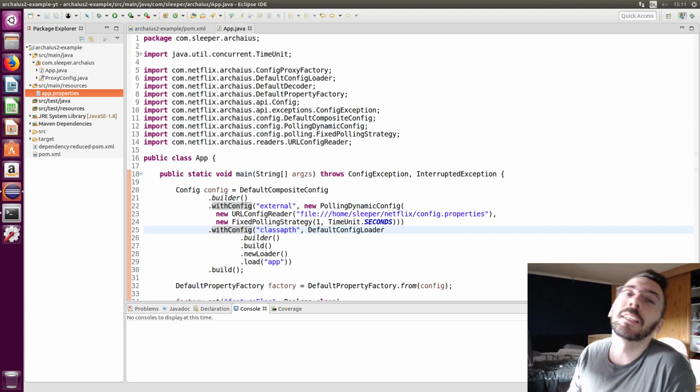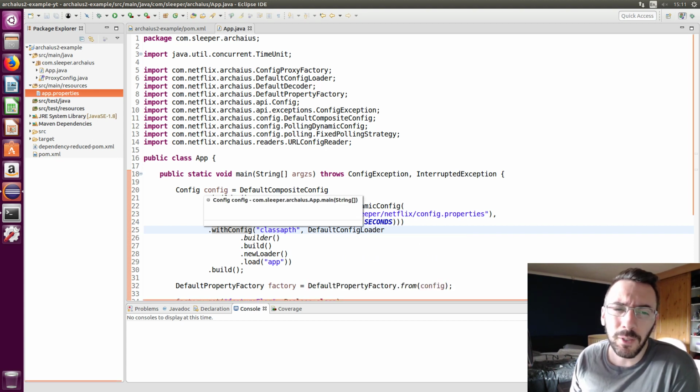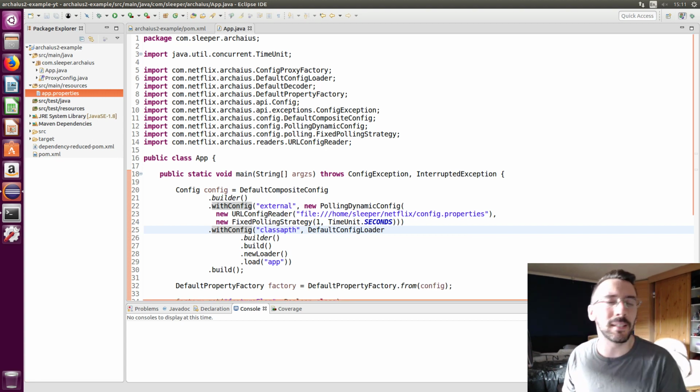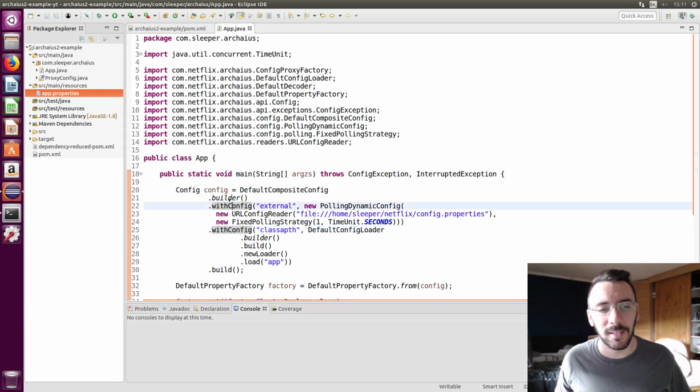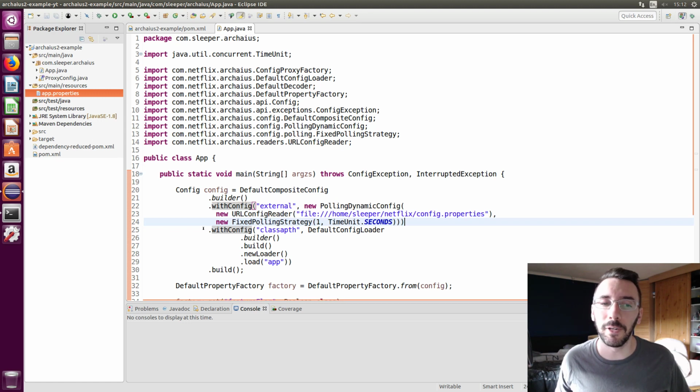I'm going to move on today to layered config, and I do actually prefer it to the composite config, to be honest with you. The problem with composite config is what overrides what, and it's not immediately clear. With this, I've defined the external config first, so I know that that's going to override the class path config,